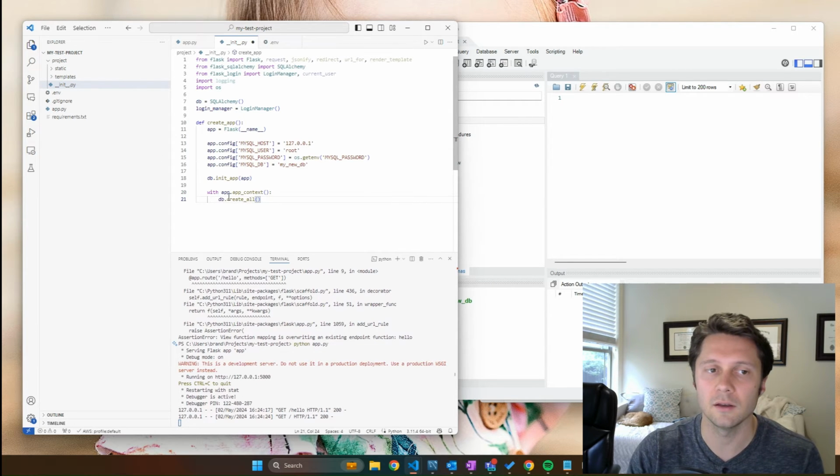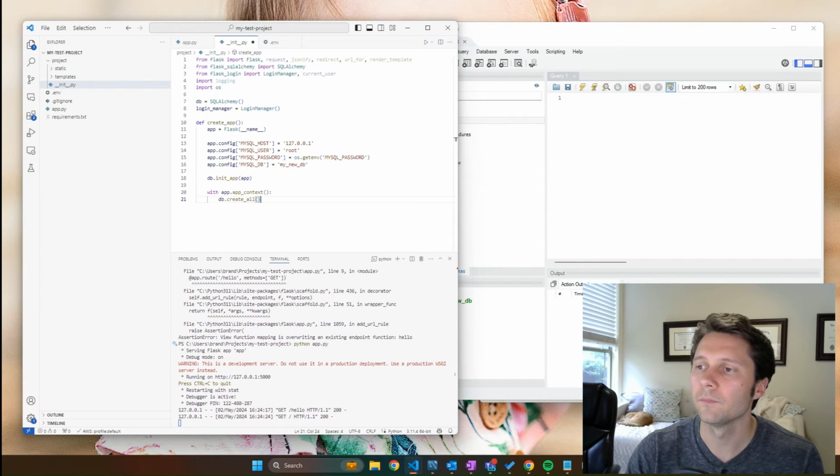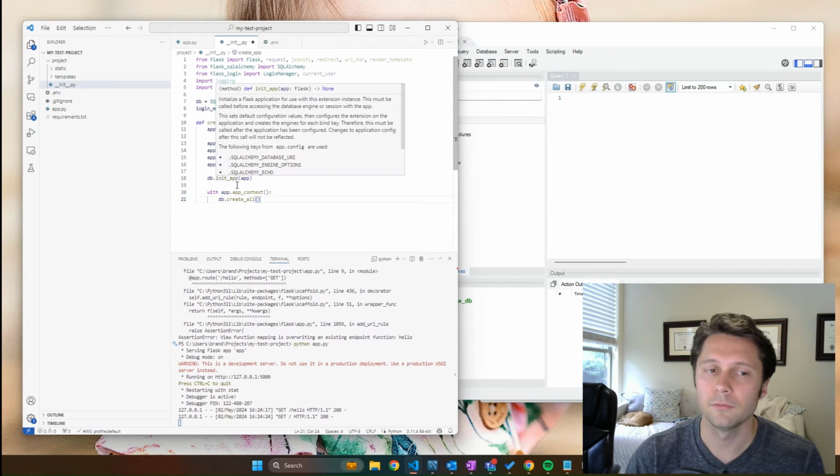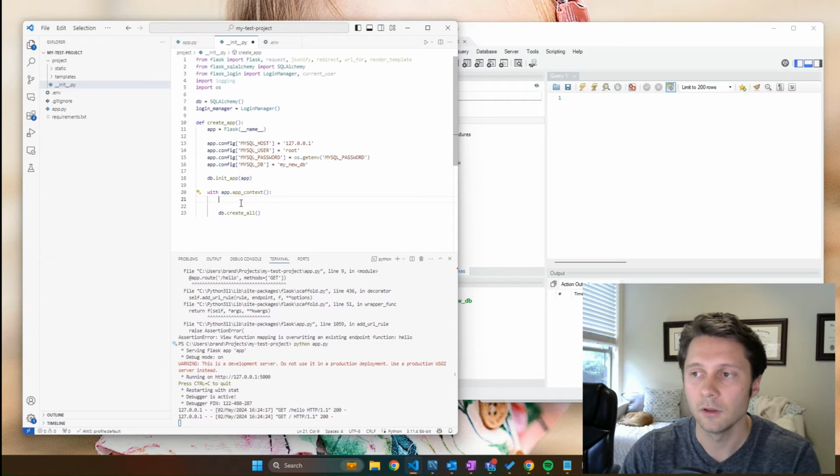We're just creating all the tables that are in our application in this database over here. But before we create them, we need to create the tables. So let's say